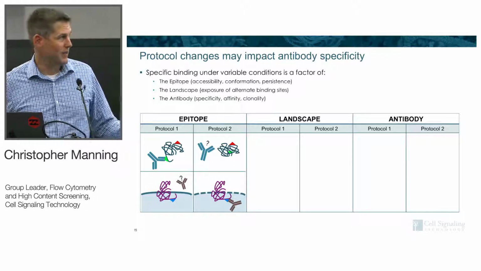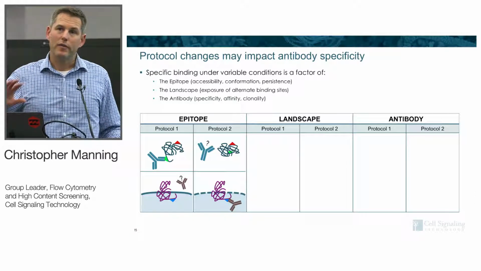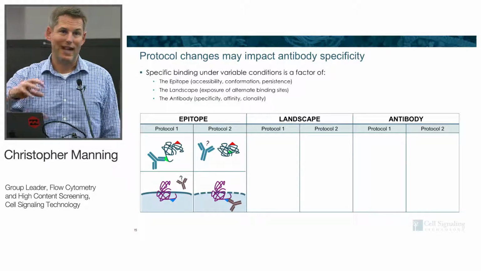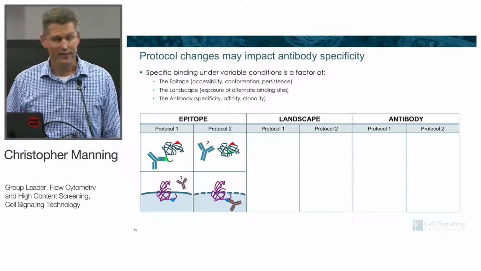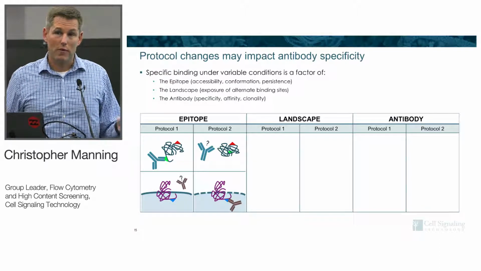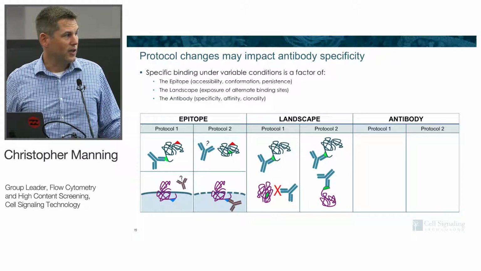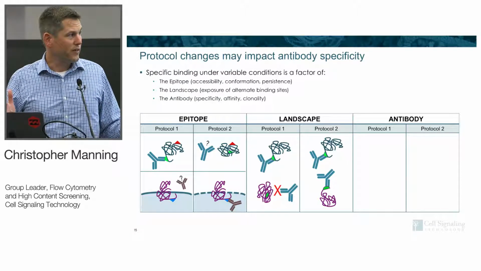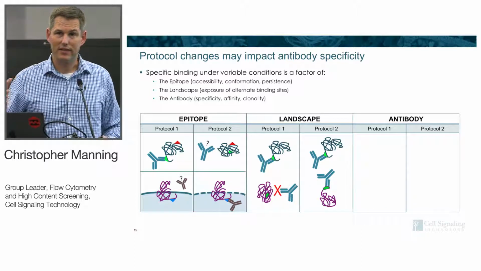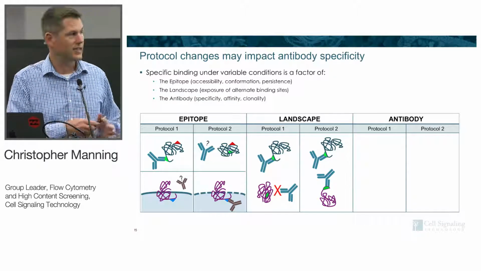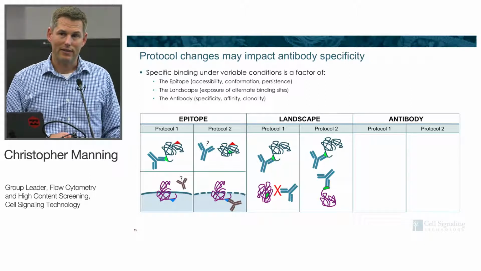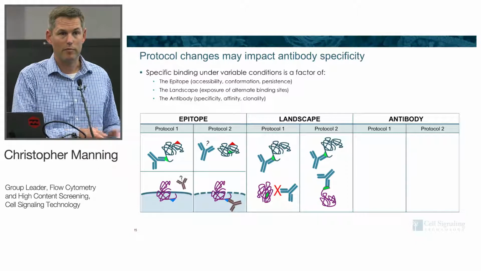Okay, what about the landscape then? Think about when the antibody's in there, there are billions of other things that an antibody could bind to besides the protein that you want to detect. So we see this a lot where you've got one protocol, the antibody binds specifically, another protocol, whether it's exposing a different epitope or hiding one, and now the antibody has low enough affinity that it's able to bind to a different protein. You can get non-specific binding, and this can be affected by the reagents